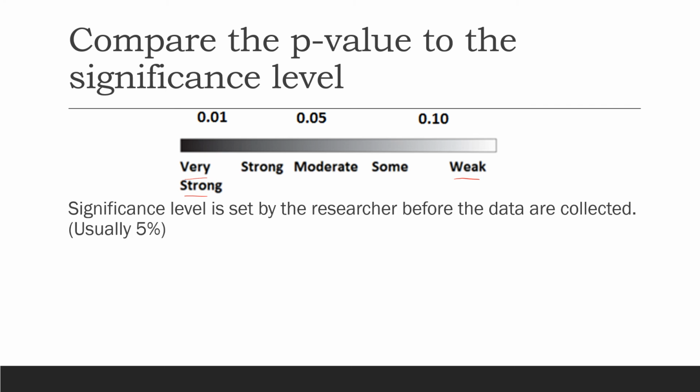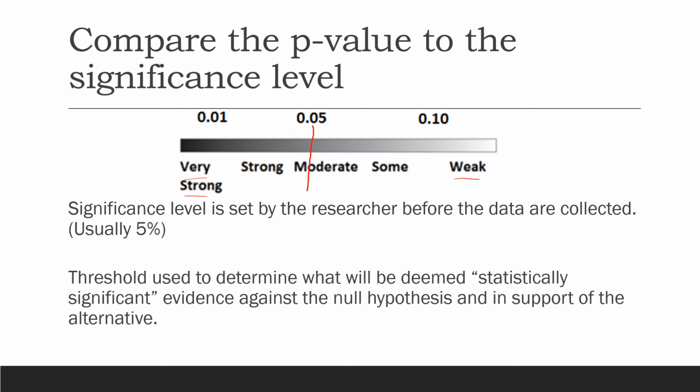Significance level is something that's set by the researcher before the data are collected. Usually it's 5%. And it's the threshold that's used to determine whether the data are considered strong enough to be statistically significant evidence